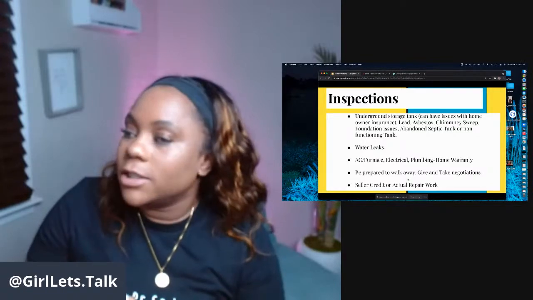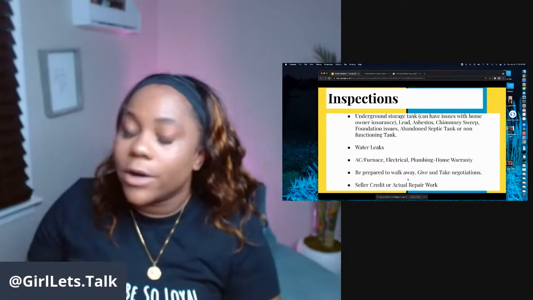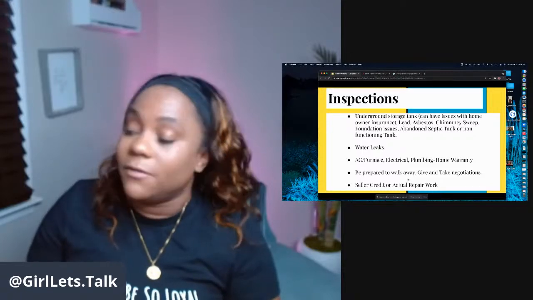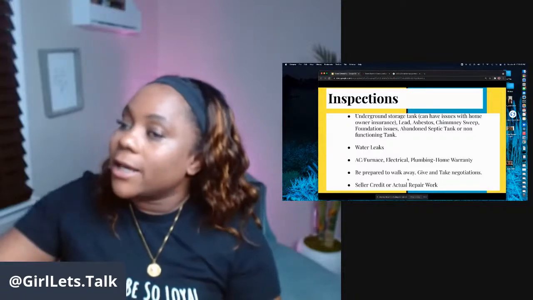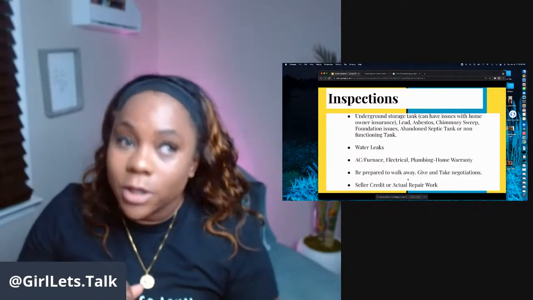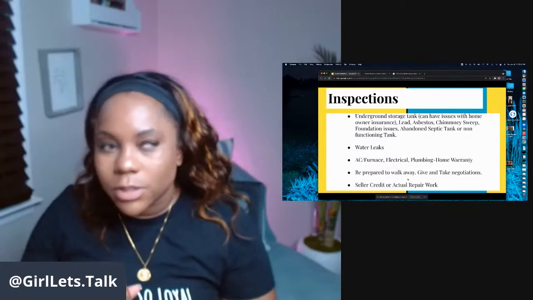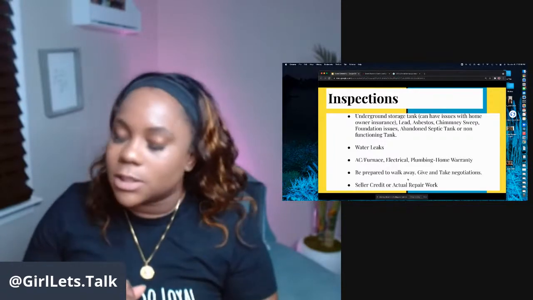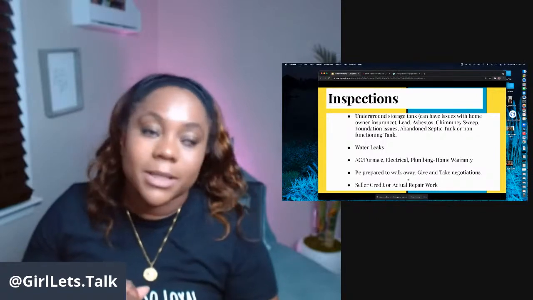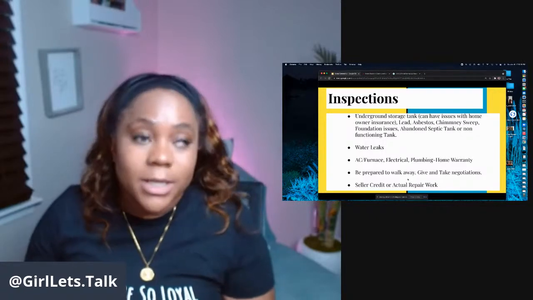Number one, you want to look for underground storage tanks. I talked about why that's important. If there's contaminated soil underneath the ground, you will have to pay for cleaning it up, and it could be very expensive. And that can prevent you from getting homeowners insurance, which you need on a house. If you have an underground storage tank, a lot of homeowners insurance companies will not insure your house. They don't want to take on that liability and that risk, because if the soil is contaminated